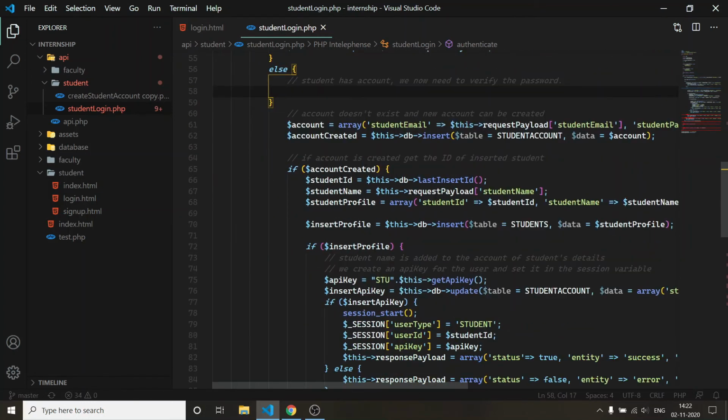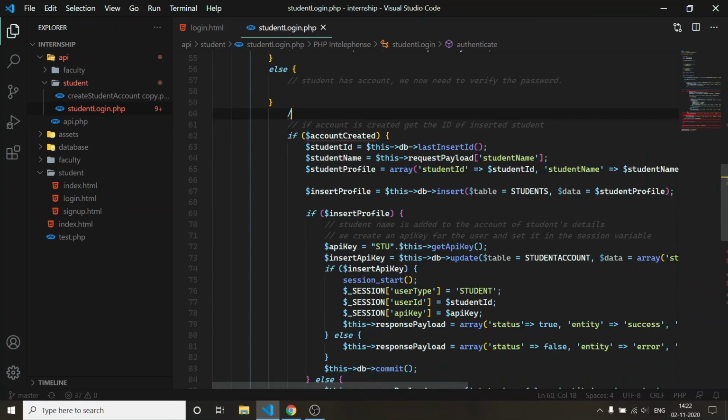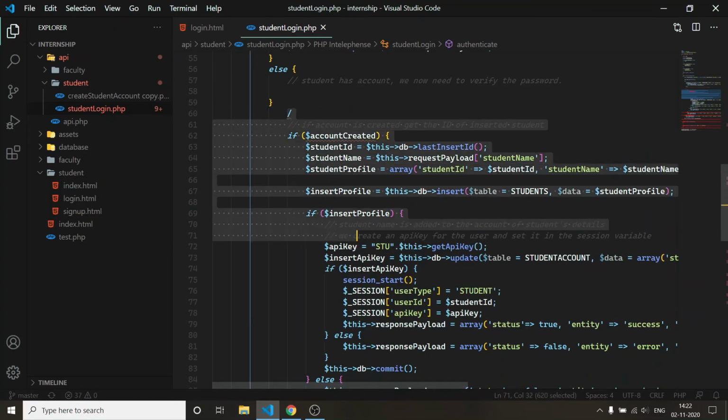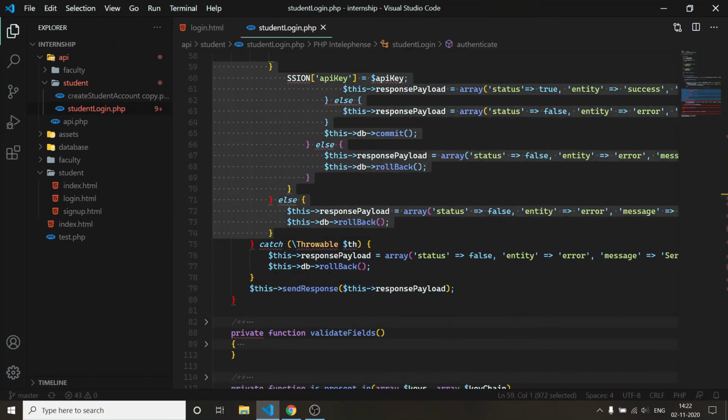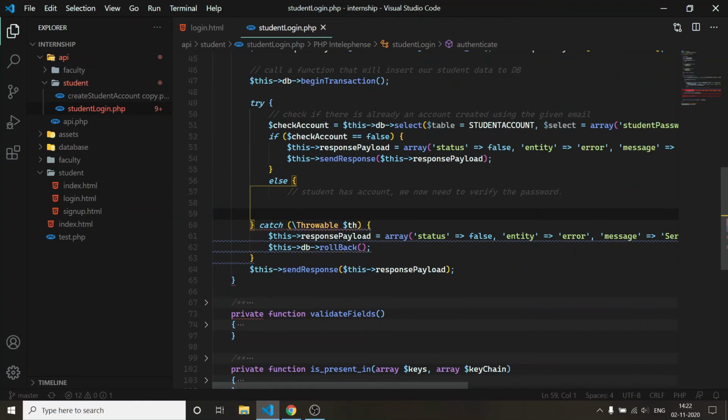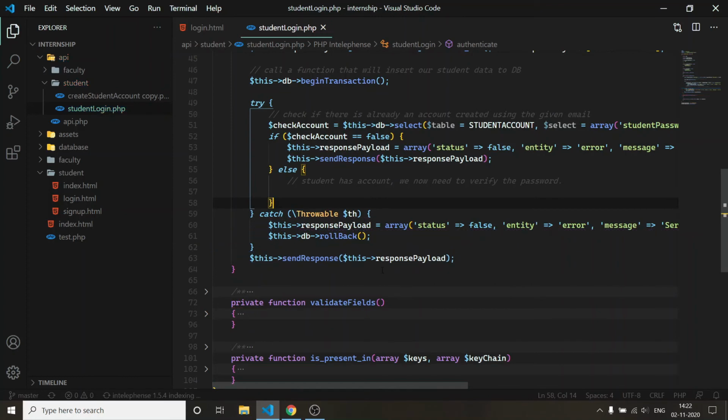Let me go ahead and delete this code which we don't need anymore. Okay, so this is the else block and this is our try catch block.